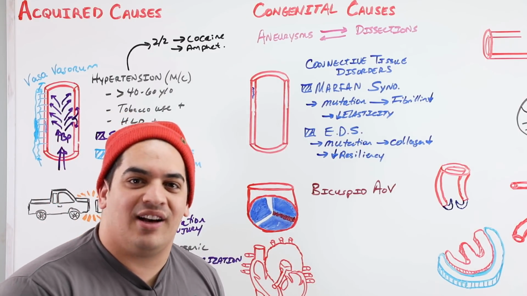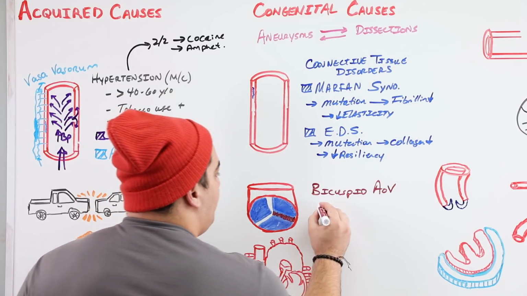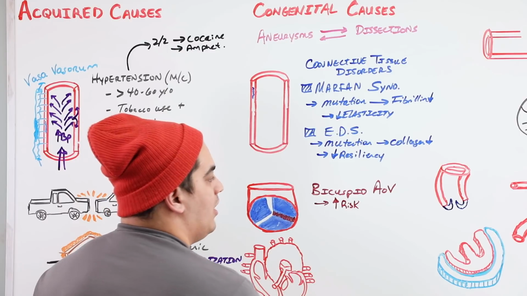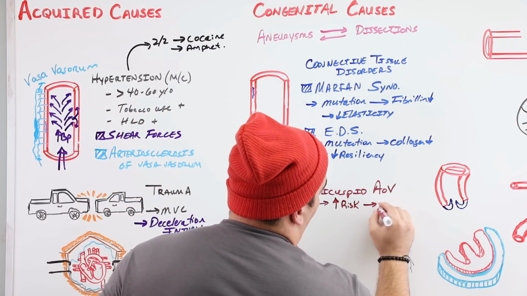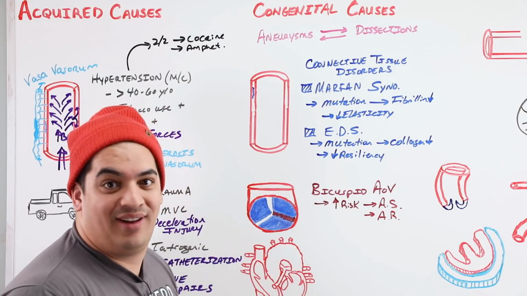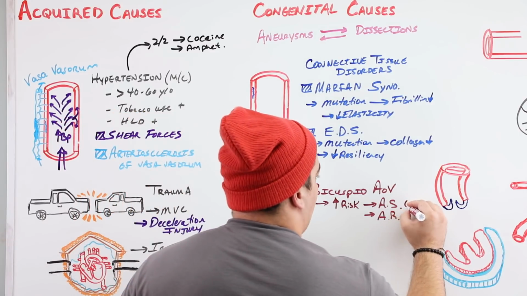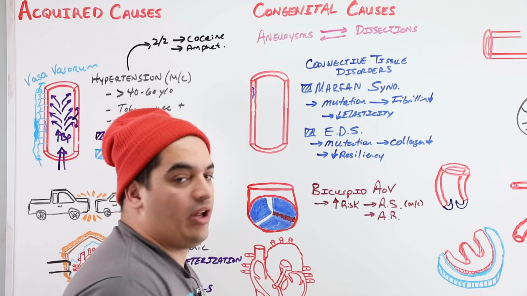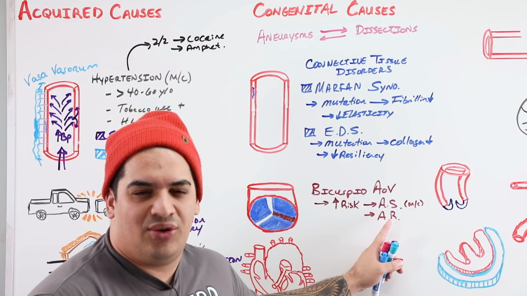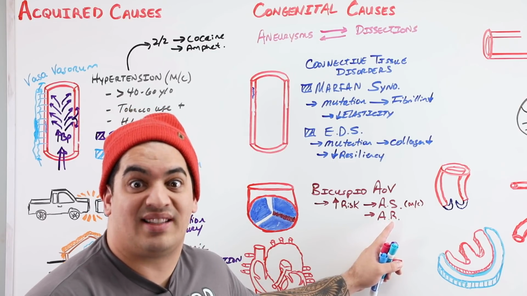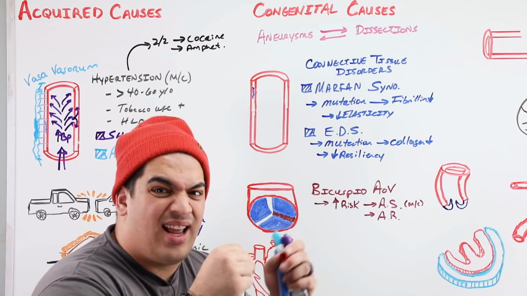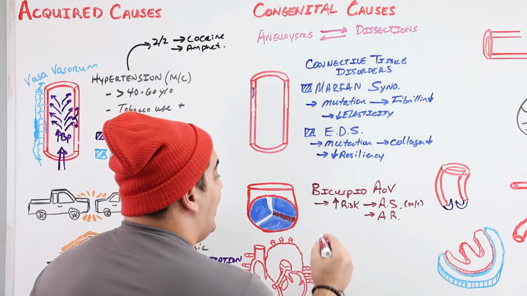The problem with bicuspid aortic valves is a couple issues. One is there's an increased risk of developing aortic valve issues, particularly what's called aortic stenosis, and less commonly aortic regurgitation. Okay, so more commonly you'll see the aortic stenosis, and less commonly you'll see the aortic regurgitation. You know what else? If you have someone who develops aortic stenosis, what does that do to the left ventricle? It puts the left ventricle under a lot of stress. It's got to work harder. It's got to pump more blood out of the ventricle against this stenotic valve that's not opening very well into the aorta. That can increase the risk of